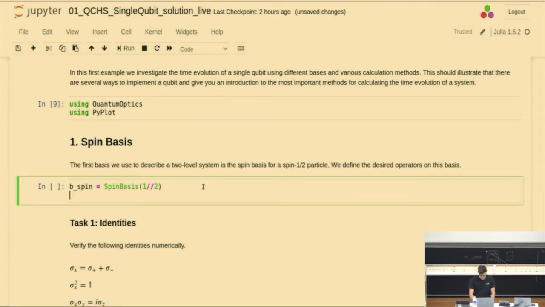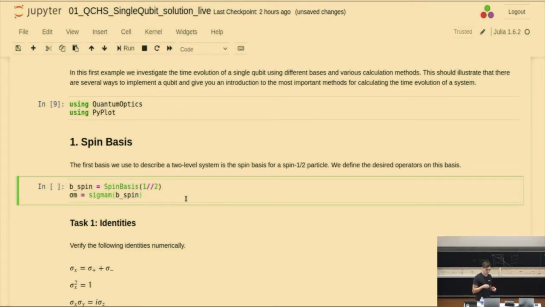Okay, so this is how we implement the basis. On this basis, we define the operators, which is, for example, the sigma m operators. And this sigma n operator is defined on the basis of the spin 1/2 particle. And this is one crucial difference to PyPlot. In PyPlot, you don't have these things like bases, or maybe you have, but in Julia, so in quantum optics, we really